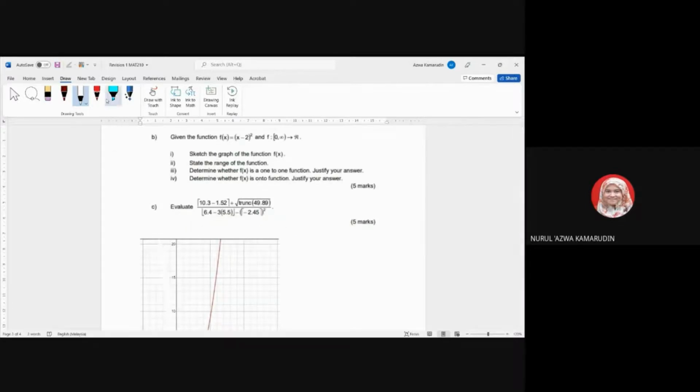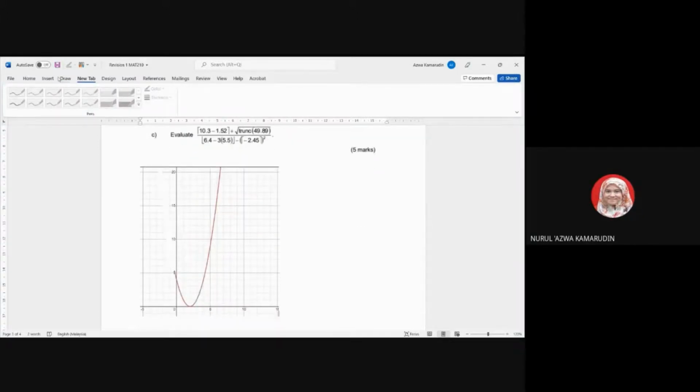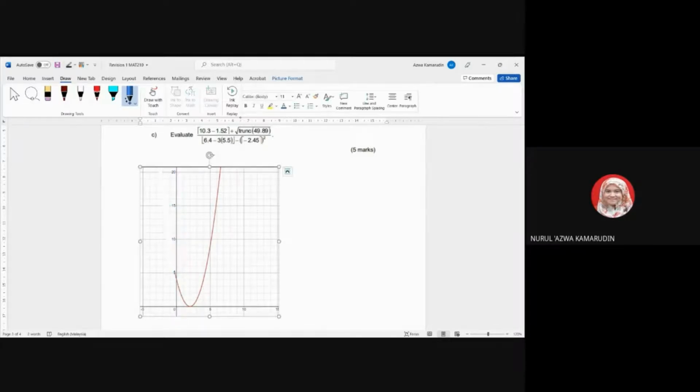Okay, now to find the range. Okay, range you akan tengok pada paksi Y. Okay, paksi Y tu yang ni lah. Sorry, okay. This one, paksi Y kita. Okay, kita akan tengok yang ni, paksi Y. Okay, jadinya paksi Y kalau dia kata R,